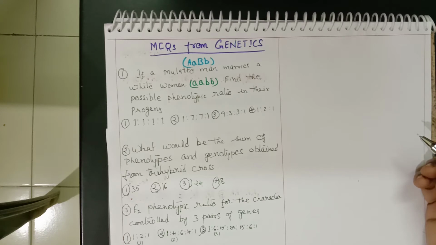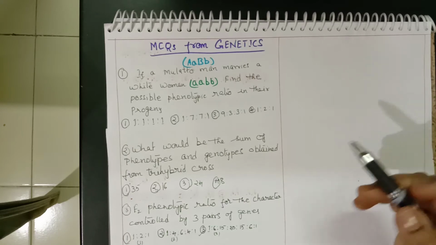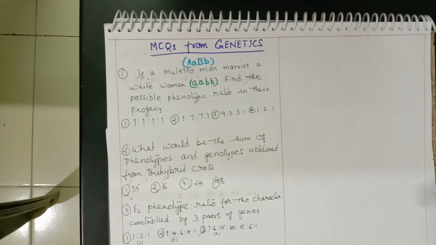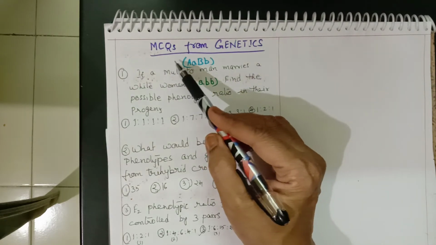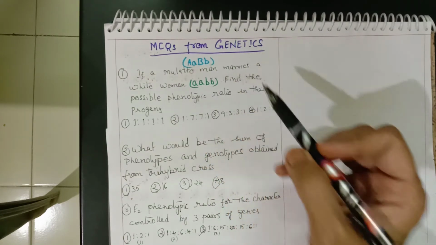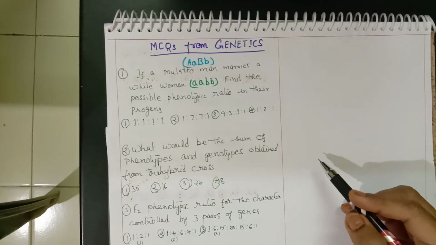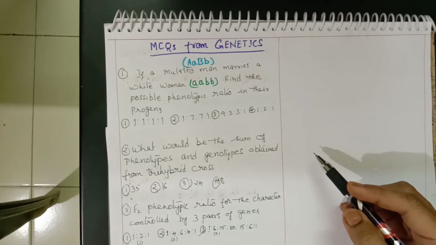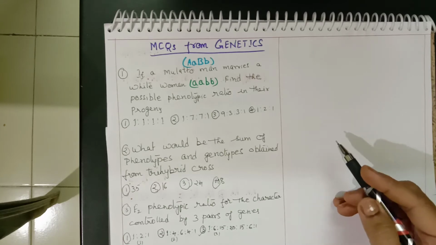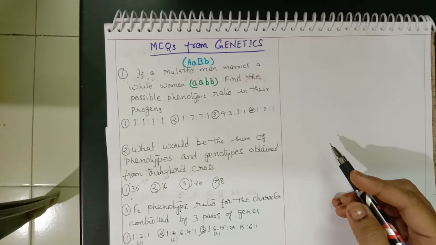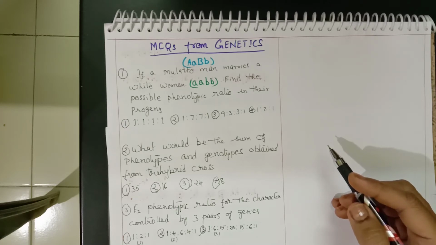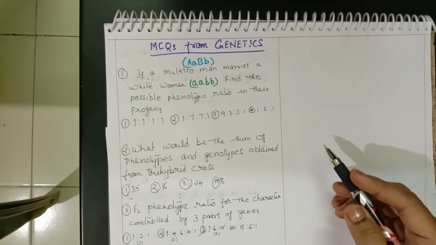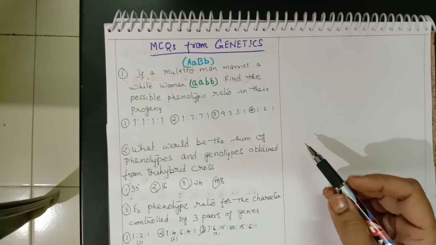So in this particular session, I'll be discussing very important objective type questions from genetics from the NEET point of view. Here I'll be discussing each topic and giving you a clear explanation of each question. So please follow carefully. Once you listen to each question and answer, understand it and start solving each question. So let us start with the first one.